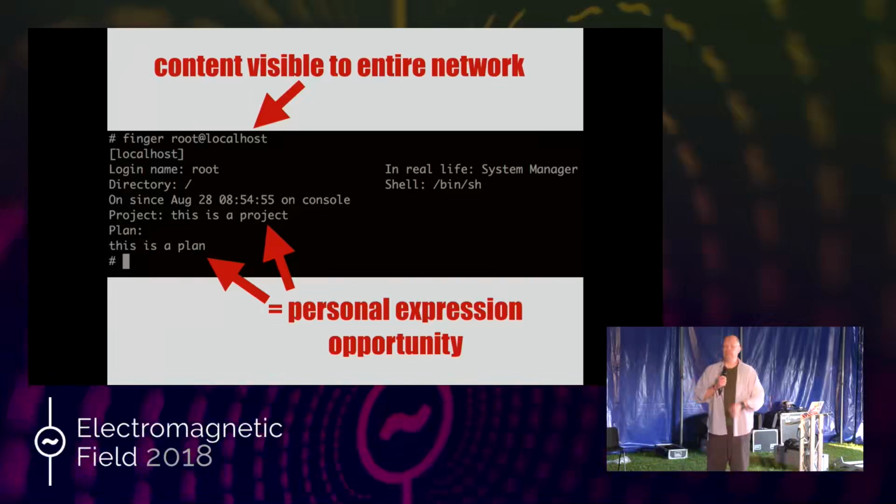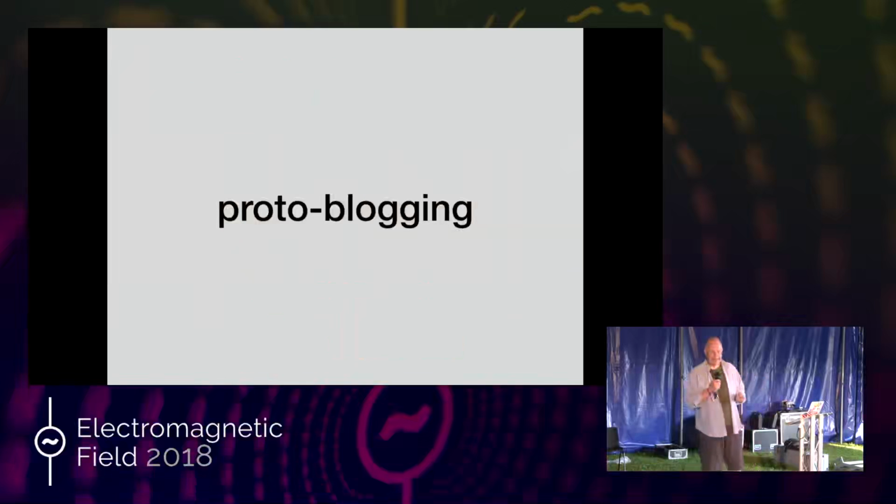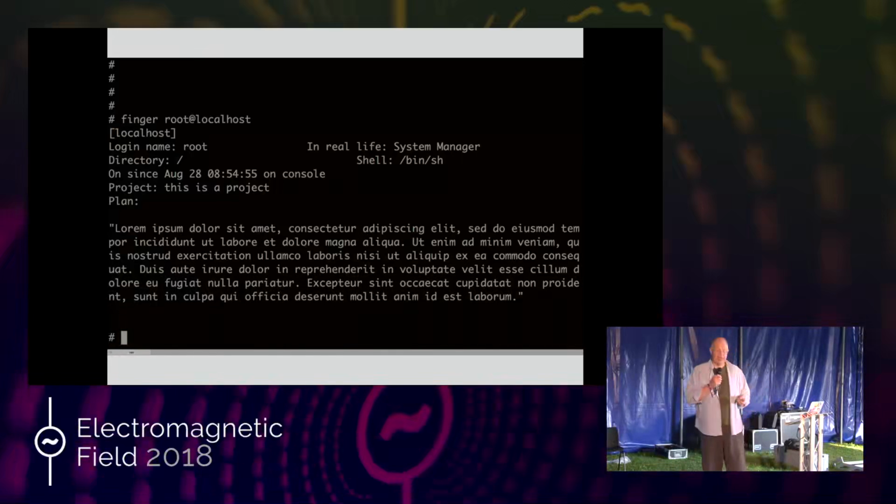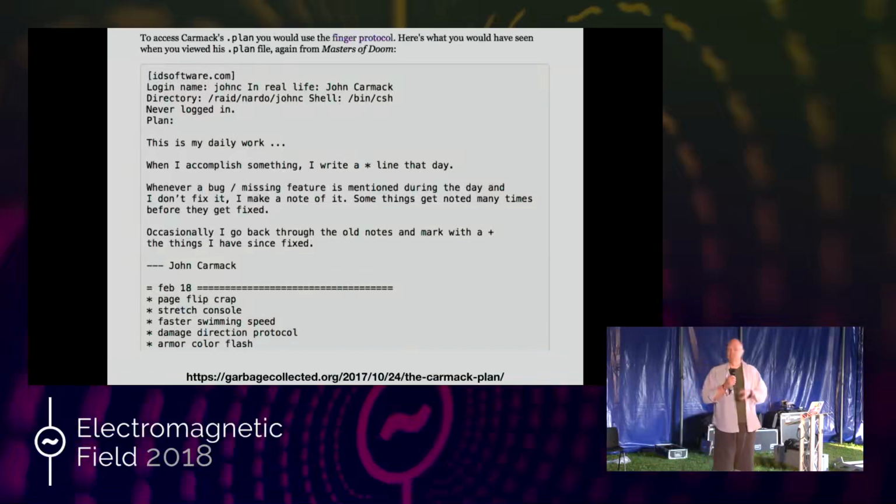It becomes content which you share over a network, and it's a personal expression opportunity. It's a way to communicate what you are working on. And this led to a sort of proto-blogging as we would now understand it anytime after the mid-1990s, but 10, 15 years earlier. You could put quite a lot of information into a plan file. A little example here on a 4.3 BSD emulator I ran up just so I could get these screenshots, and they're actual legit things. But if you go back in history, John Carmack, the guy who wrote Doom, had an